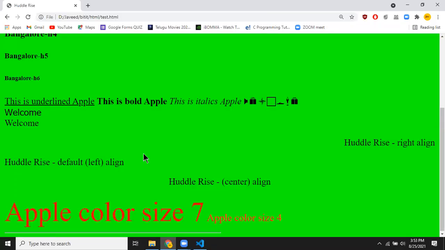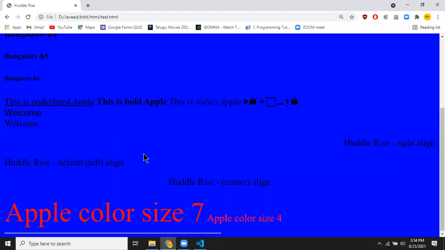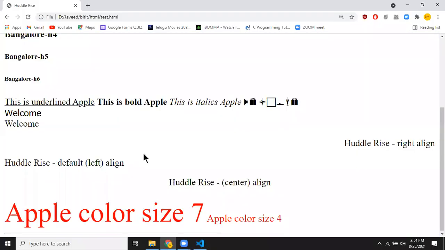We got it. Right? Now let us say I want to get the blue combination. So blue I'll make as max, and the other two I'll make as minimum. Now you get the blue color there, right? Like that. If you want the default white, you can use FF. You can use caps or small letters. Both are the same for us. There is no effect between small letters and capital letters.